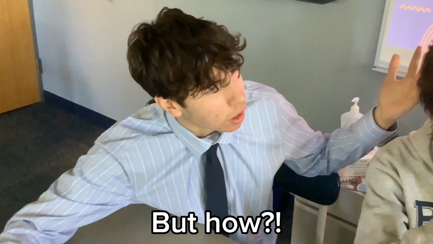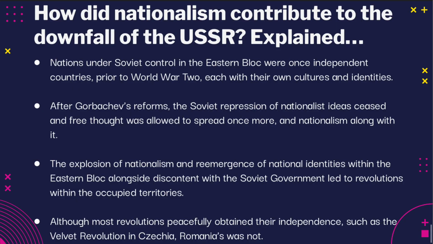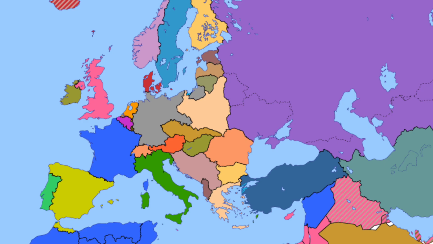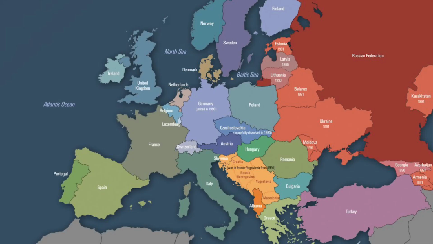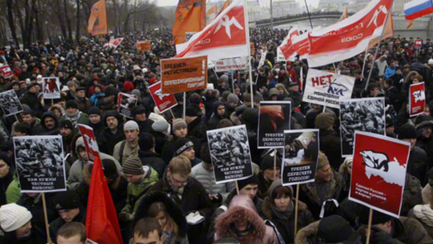But how? Because the nations under Soviet control in Eastern Europe were all independent prior to World War II. They each had their own identity and culture. Gorbachev's reforms allowed free thought to spread once more, and with it the Soviet repression of nationalist ideas was lifted. The subsequent explosion of nationalism and reemergence of nationalist identities within the Eastern Bloc, alongside discontent with the Soviet government,